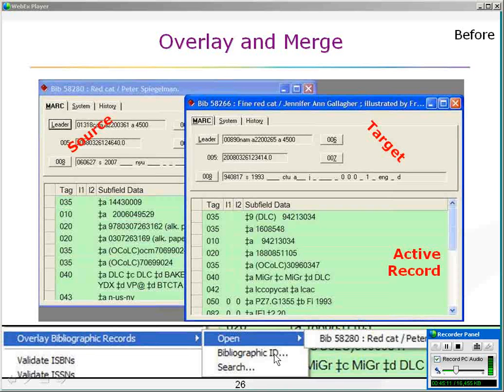In the course of my working with Voyager 7, I have found it helpful to think of this as overlay bibliographic records with the open record that I'm seeing over here to the right. So just to reiterate that, overlay bibliographic records, and in fact I wish they would put the text in here that says with the open record that I've got displaying over here. It helps me to think about that in that way so that I know what kinds of things I'm trying to accomplish. Once I select the bib record that I want to use as the source,